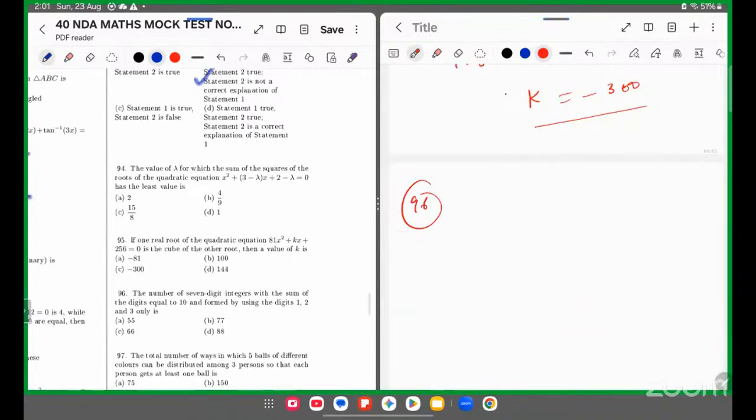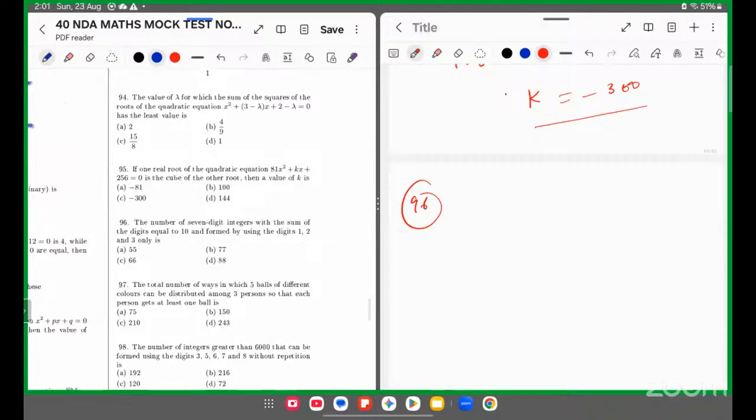क्या बोला है? 95 हो गया। 96, द नंबर ऑफ 7 डिजिट इंटीजर्स विद द सम ऑफ डिजिट्स 10। ठीक है, अपने को 7 डिजिट का नंबर बनाना चाहिए जिसमें सम आना चाहिए 10। तो हम क्या ले सकते हैं? पहले 1 1 लेंगे, 1 2 3 4 5 6 लेंगे फॉर एग्जाम्पल पहले। तो 6 आगे, फिर में अगर 3 होगा तो 9 ही बनेगा, तो ऐसा पॉसिबिलिटी नहीं है, तो 6 तो नहीं ले सकते। 5 लिया तो भी और 2 का सम 5 आना चाहिए, तो 2 और 3 ले लिया। केस 1।